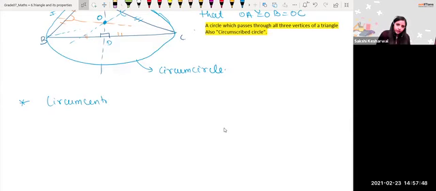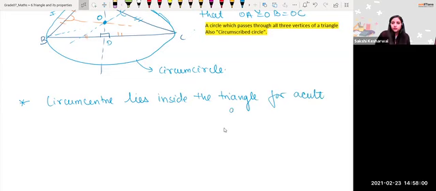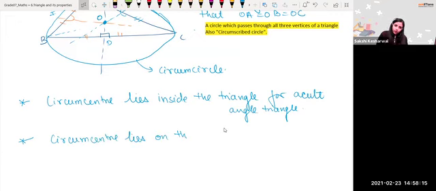Circumcenter lies inside the triangle for an acute angled triangle, right? For an acute angled triangle, right? So the link is there. You can always check it out. What are the links? You can just check it out. Okay. And circumcenter lies on the midpoint of the hypotenuse,